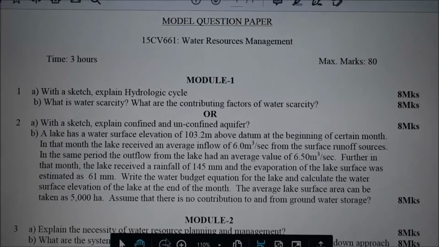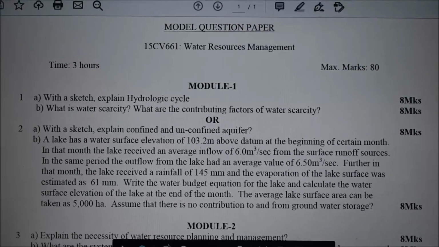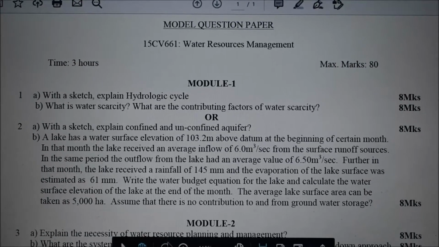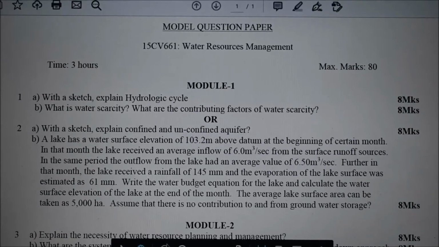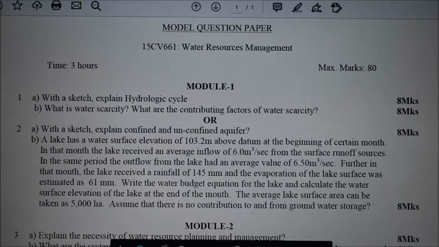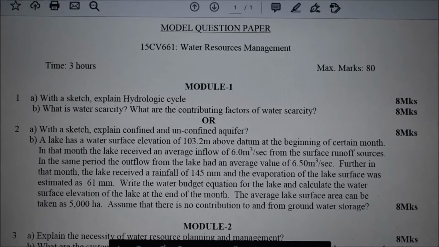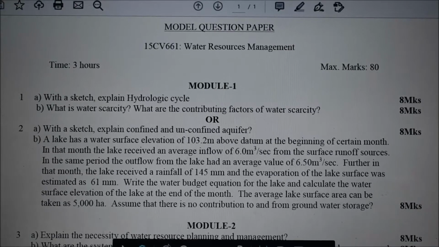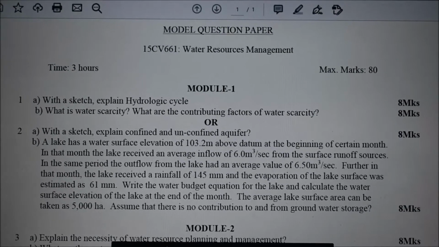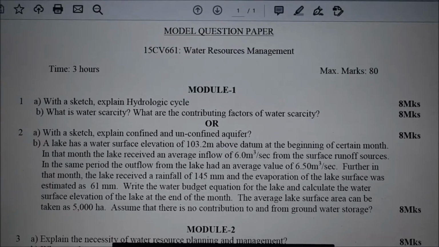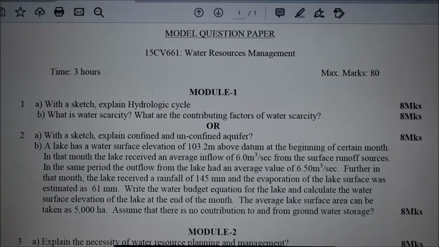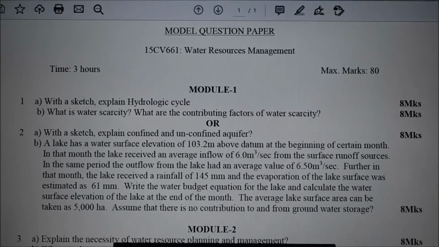A lake has a water surface elevation of 103.2 meters above the datum at the beginning of a certain month. In that month, the lake received an average inflow of 6 meter cube per second from the surface runoff sources. In the same period, the outflow from the lake had an average value of 6.5 meter cube per second. Further, in that month, the lake received a rainfall of 145 mm and the evaporation of lake surface was estimated